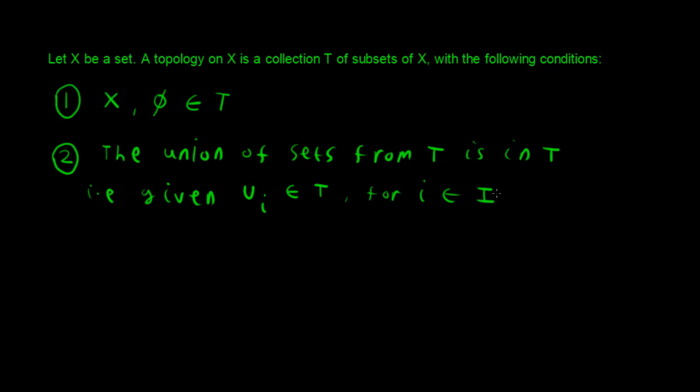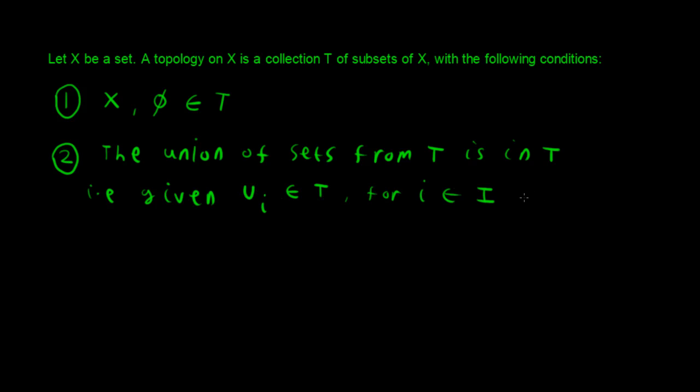So this is an index set, so I could be natural numbers, it could be a finite set, so it could be maybe just three sets, so it could be U1, U2, U3, or it could be infinite, it could be U1, U2, U3, U4, and continues on forever. Or it could even be uncountable, okay? You might have a set U_i for every real number i, and that would be an uncountable collection of sets. So just be careful there, it might not be a finite number of sets, or even a countable number, it could be a very nasty number of sets. But yeah, so given this,